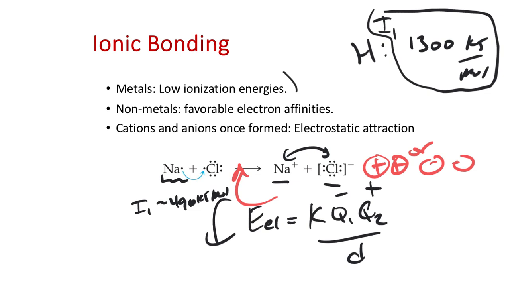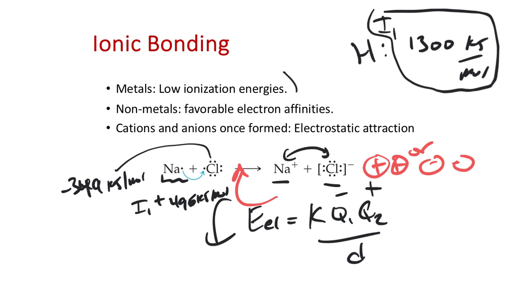Let me erase this so that it doesn't look like a negative sign, because this is positive. In fact, let me write plus in. So about plus 496 kJ per mole. The electron affinity of chlorine is minus 349 kJ per mole. So you can see here that we don't necessarily get any benefit, the energy is still positive